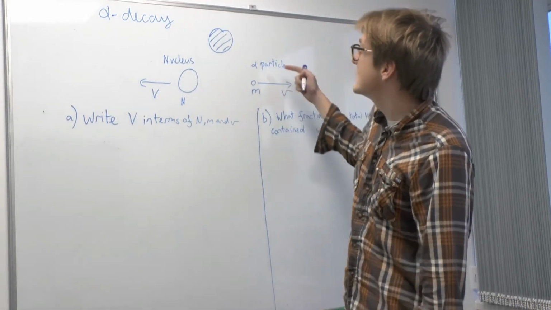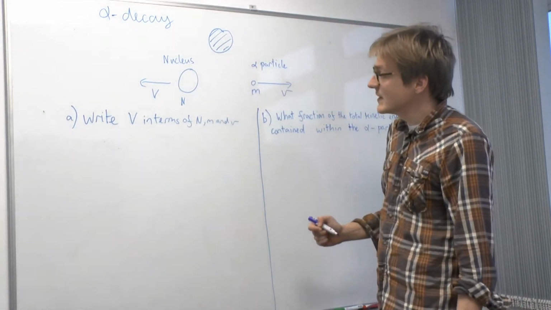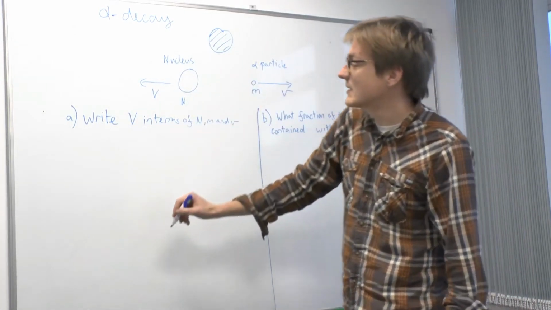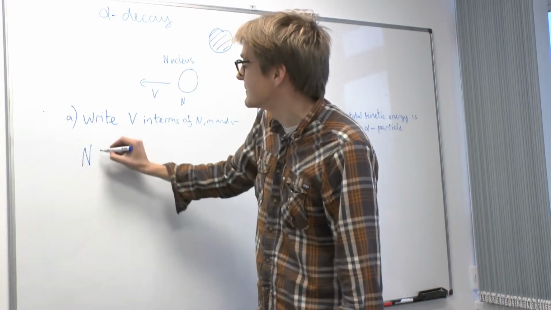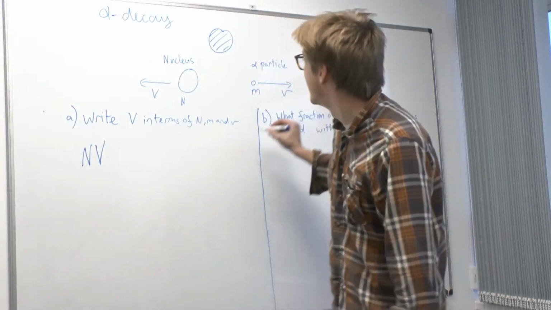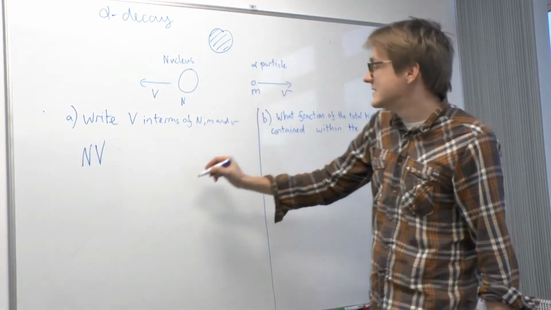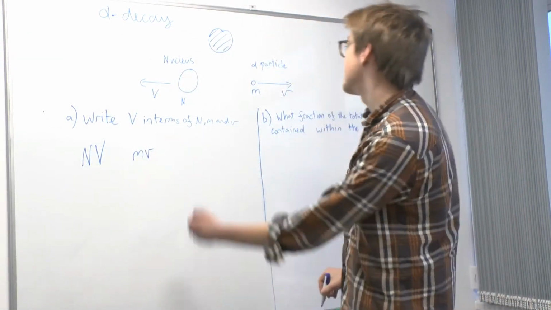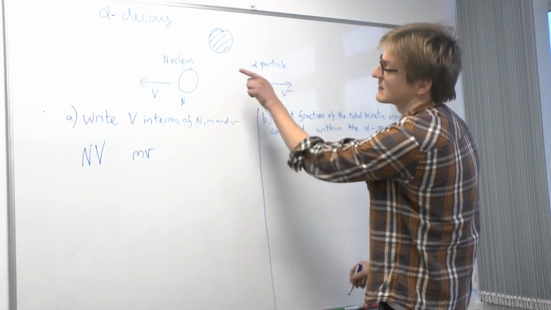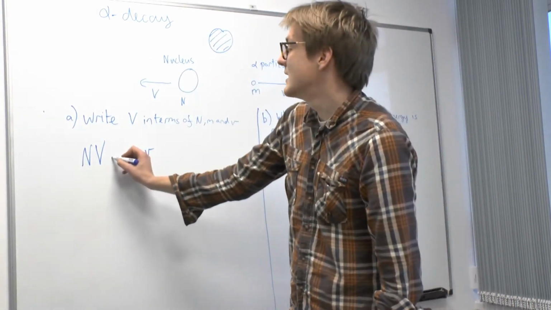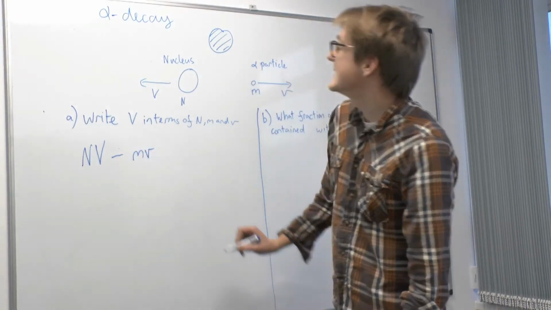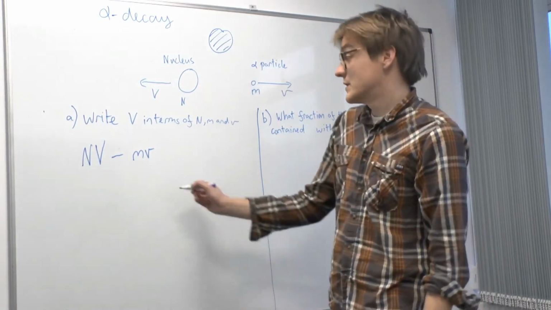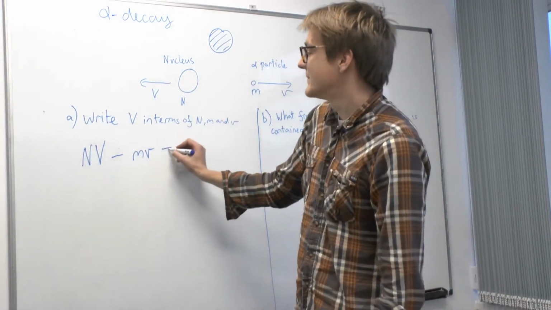So if there are no external forces acting on the system, then there's conservation of momentum. Now the momentum of the nucleus is its mass, big N, times its velocity, big V. The momentum of the alpha particle is its mass times its velocity, so little m times little v. But because the alpha particle is moving in the opposite direction to the nucleus, put a minus sign here, and initially the nucleus has 0 momentum, so the total momentum of the system is 0, so we set that equal